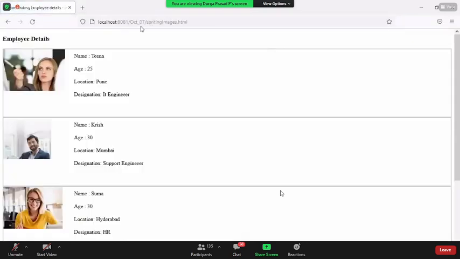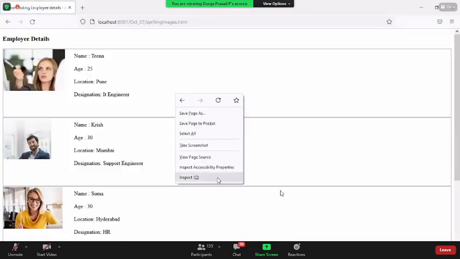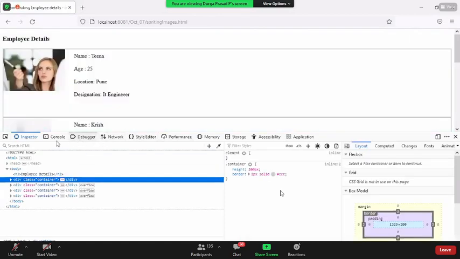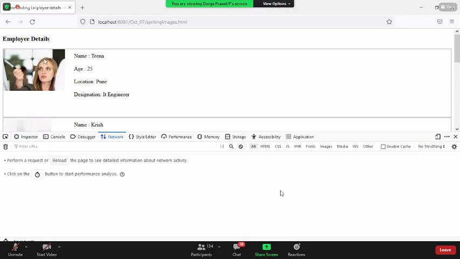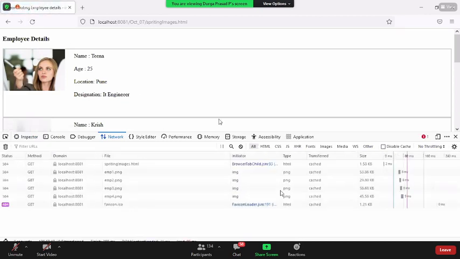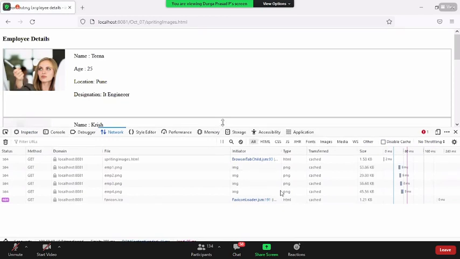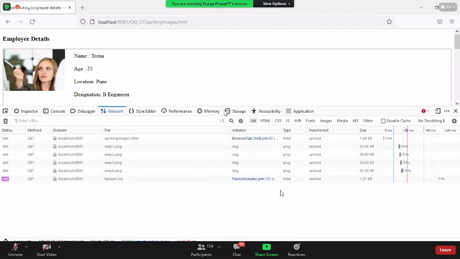The debugger window is common for every other browser. Here also I can inspect. Sometimes it might go with a different convention. In Chrome it was called elements, here it is called inspector. So here also you have something called the network tab. Under the network tab, if you reload the page, it will show you the list of files which got loaded from the server. It only happens if you are running from the server. If you run from the E drive or D drive, it doesn't show you.